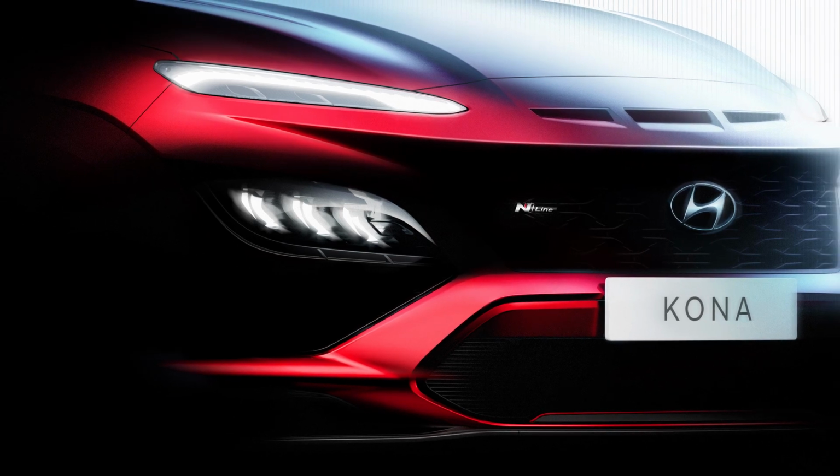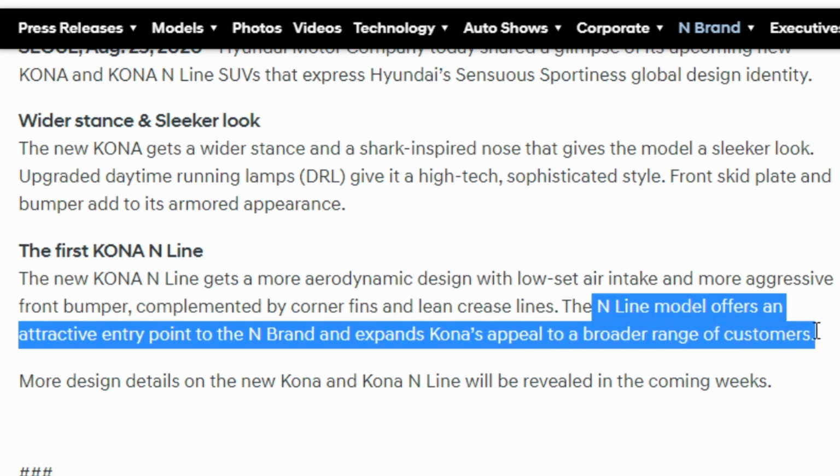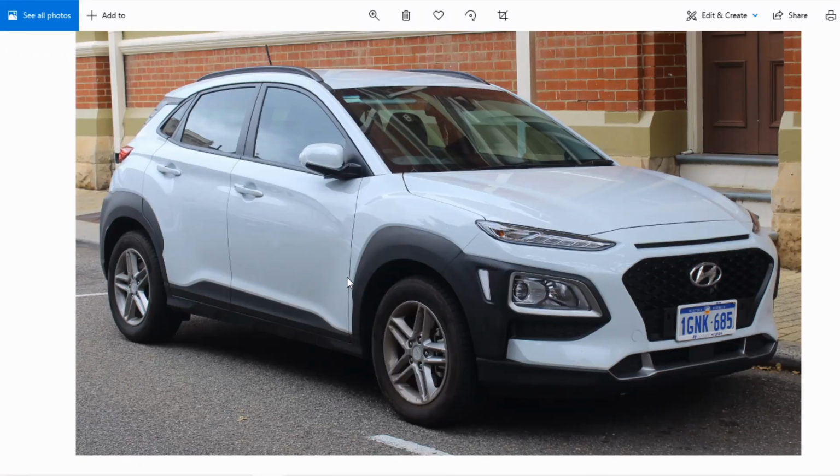The N-Line model offers an attractive entry point to the N brand and expands Kona's appeal to a broader range of customers. We know about the Veloster N, and yeah, it's good to see them adding to it. Rumors are it's going to be a turbocharged 4-cylinder. Big surprise. So here's the current Kona, and it is going to look super similar to this because it's just a refresh,